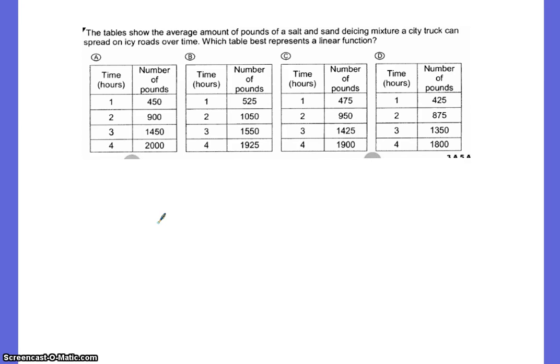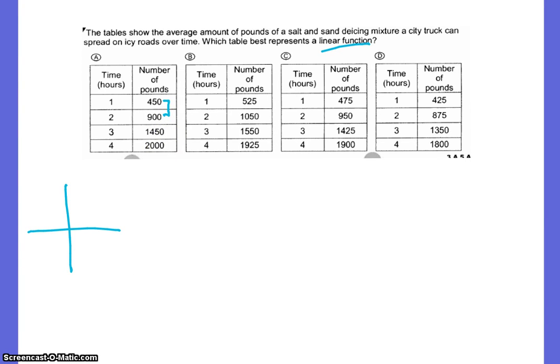The table shows the average amount of pounds of a salt and sand de-icing mixture a city truck can spread on icy roads over time. Which table best represents a linear function? Several different ways you can do this. One is you can draw yourself a little graph and plot your points and see if they would go up. The other is, if you will remember, a linear function says that your first difference has to be the same